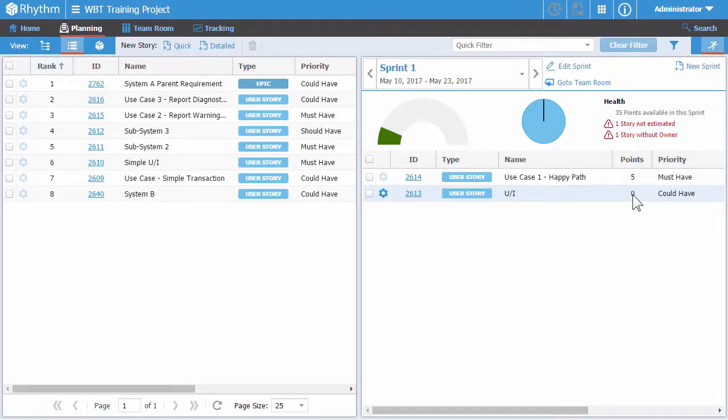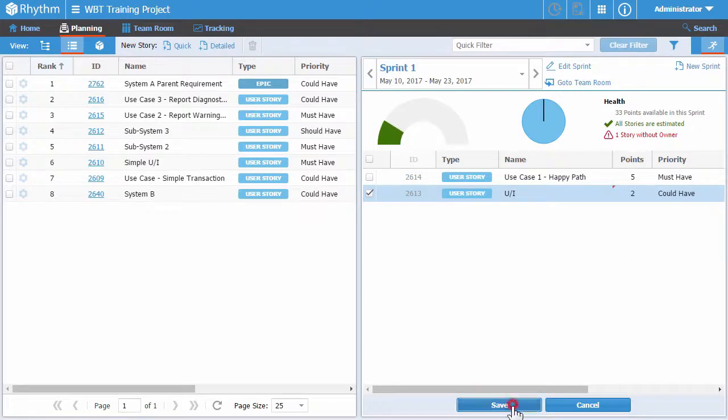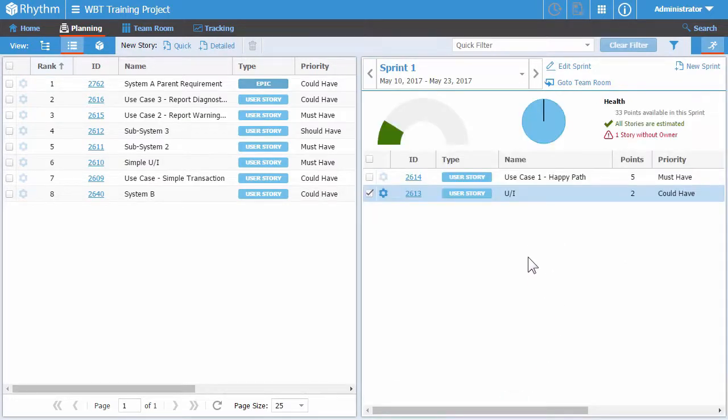In this example, you can see that we have one story without points and one, possibly the same story, without an owner. The story grid is editable, so we can fix those entries by double-clicking on them and making the appropriate changes. Finally, if you'd like to move a story to another sprint or back to the backlog, just click